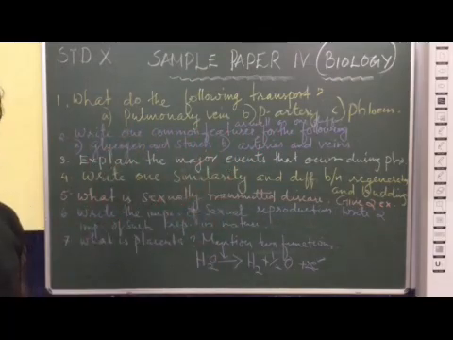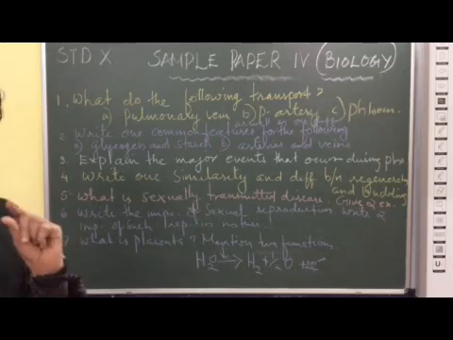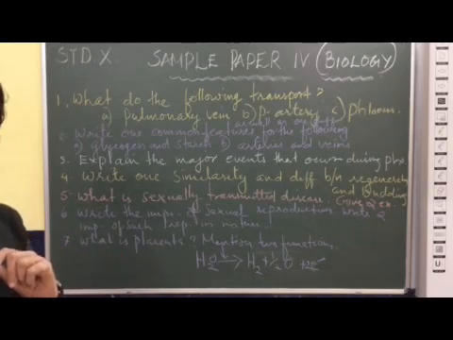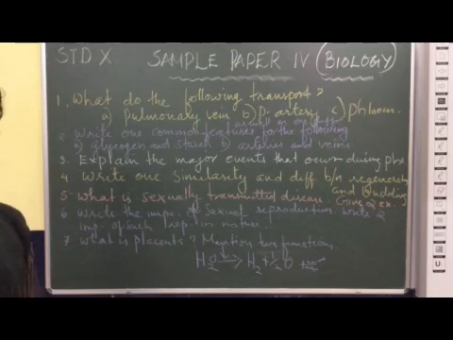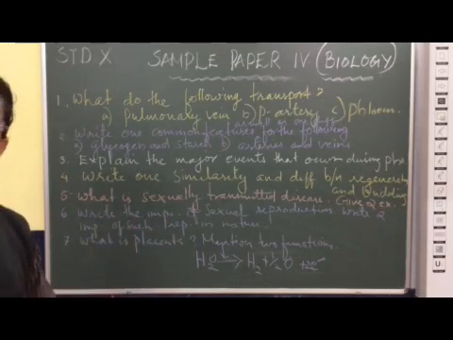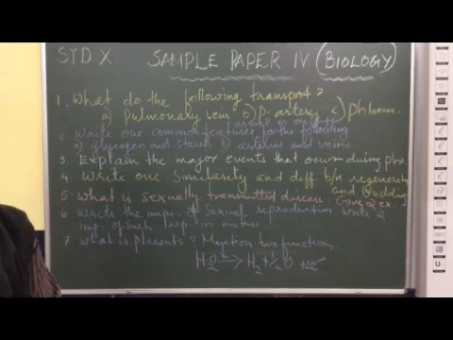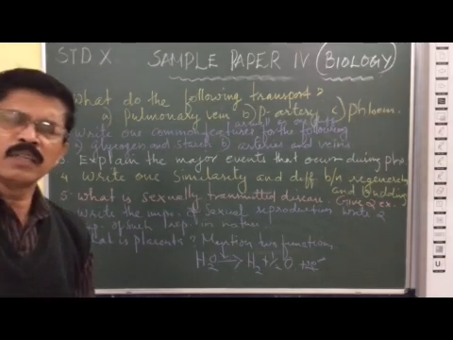But in budding, in Hydra and yeast, a bud-like outgrowth is formed by mitosis, or cell division. Repeated mitosis, we can say, so many buds can be formed. Initially the buds have no similarity with the parent body. They grow gradually, separate from the parent body, and become a new organism. So there are many differences and similarities.